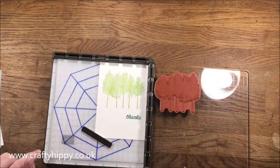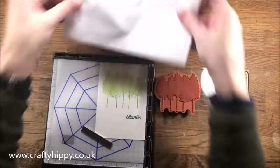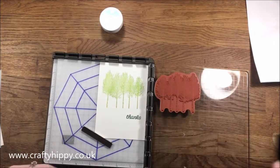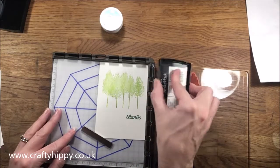Now I'm only going to do one of these and then I will create my card and then mount my card, but you'll get the idea. So usually I get a piece of A4 paper which I fold in half. This one's a little bit crinkled, but I'm going to use it again anyway. Some clear embossing powder by Stampin' Up, and some Versamark ink. So